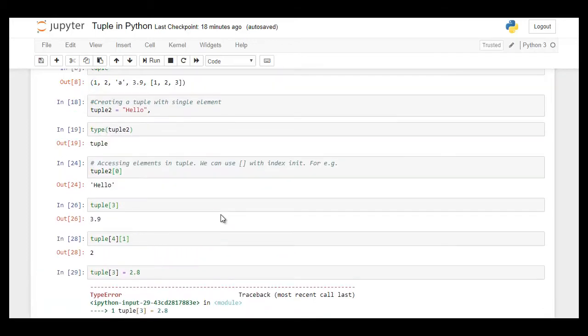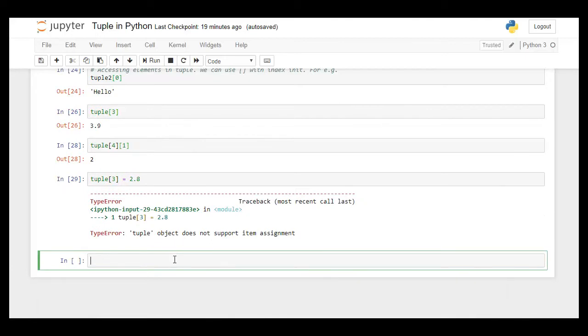Now in a list we can change. We can assign different values, or we can change an already assigned value to a new value. A tuple can have a list inside it as well. So if I try changing the elements within that list, can I do it? Let's try.